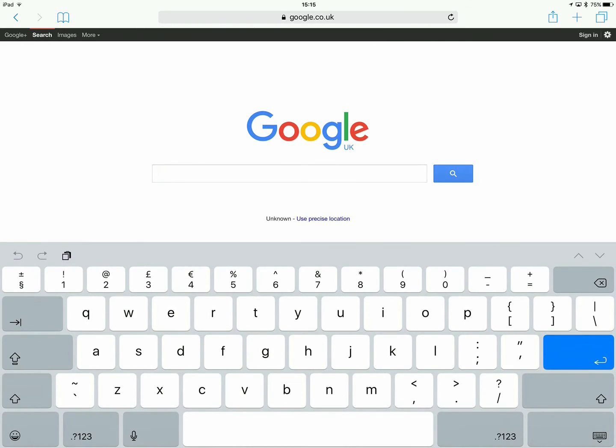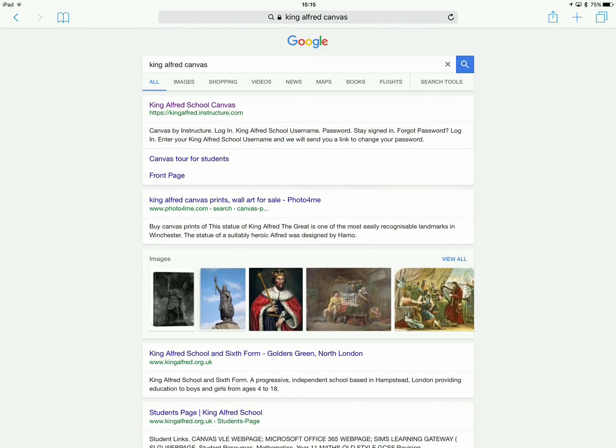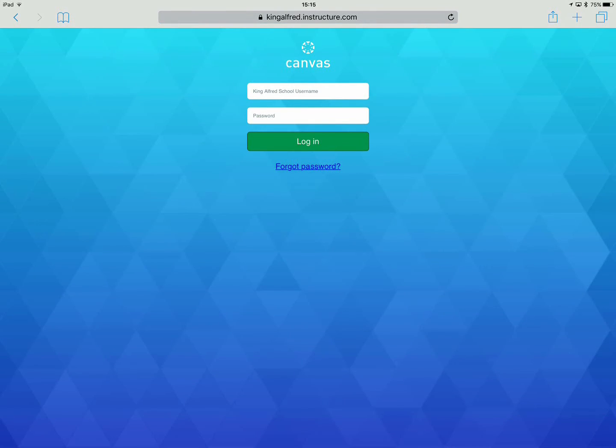So the first thing you need to do is open up a browser. So I've got Safari here. Open up Google and type in King Alfred Canvas. Canvas should appear as the very first link. So I'm going to hit King Alfred Canvas there and type in your email address